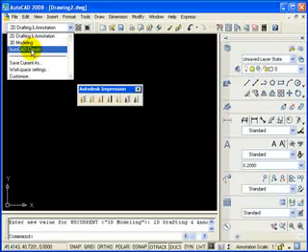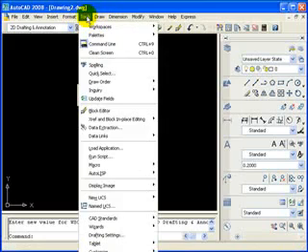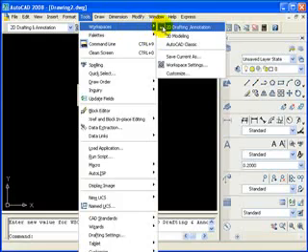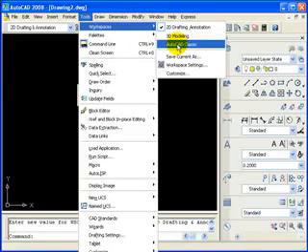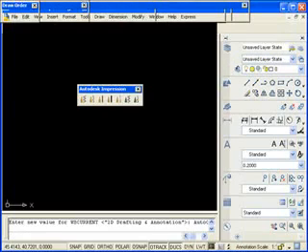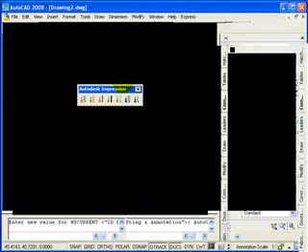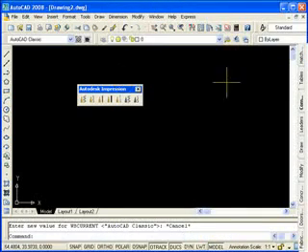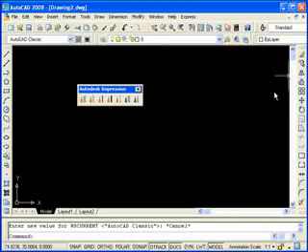You should be able to click on AutoCAD Classic, or if you can't find that toolbar, here's another way you can do it. If you go to your Tools pull-down menu, you can go to Workspaces right there at the top, slide over and click on AutoCAD Classic. And when I do this, this dashboard that you see over here on the right hand side is going to go away, and it's going to add a couple of toolbars to our screen here. And let me click on that. Give it just a second, and there we go. The dashboard is gone, and we've got some modified toolbars over here and some drawing toolbars